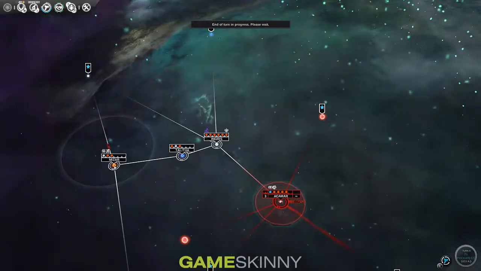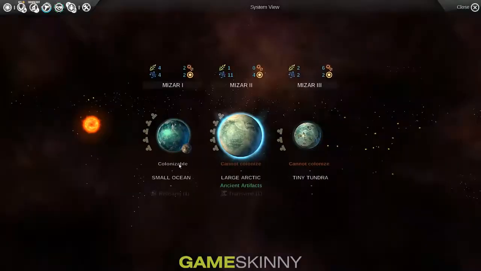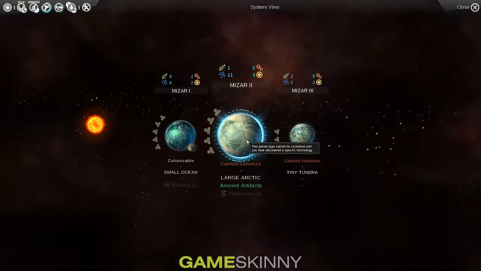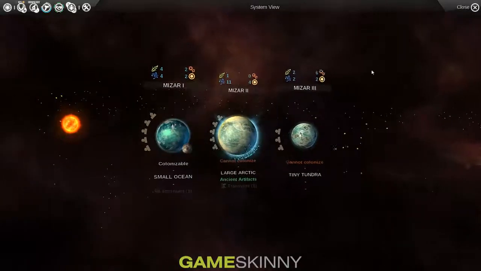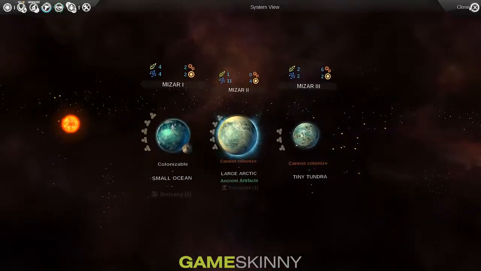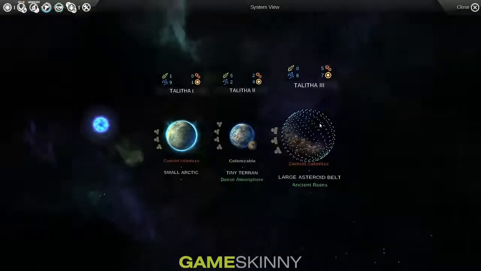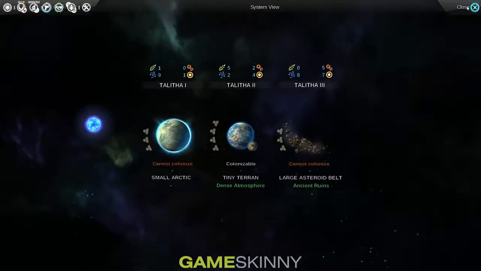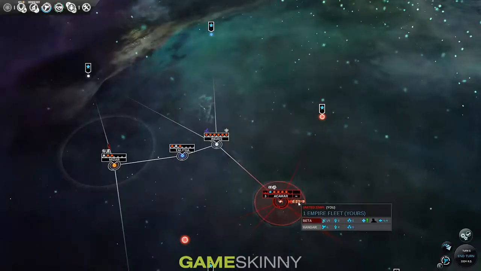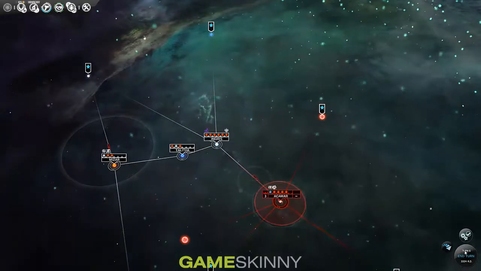I'm sure some of the real strategy people here are going to say I should have already colonized something, but you know, I'm still learning some of this. So what I'm going to actually do is grab this small ocean. There's a luxury resource. Maybe not. So I'm going to grab that small ocean, or actually this tiny Terran, because it's got a little more food, and it's close by. So take my fleet, take him out there, and then let